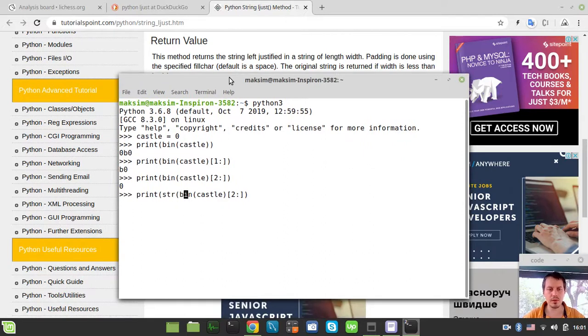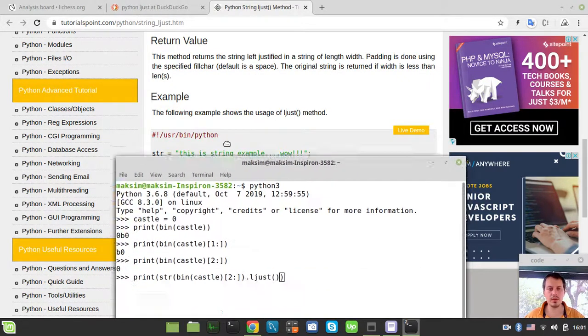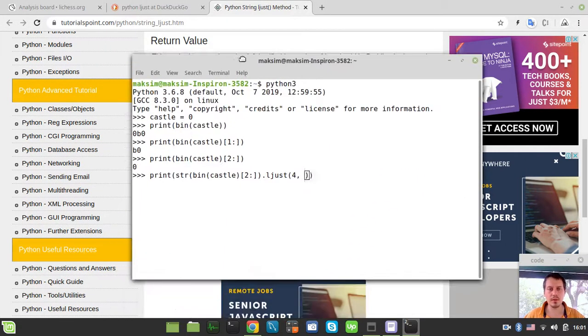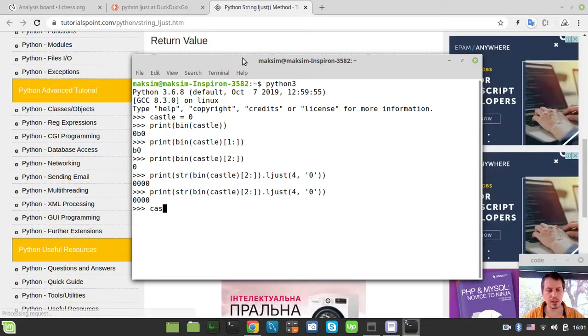So stringify this, and then left justify, I guess, with 4 characters, filling them with a 0. Okay, this is it. And now I want to bitwise OR this castle with